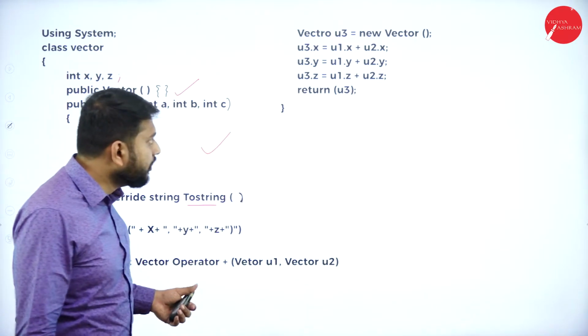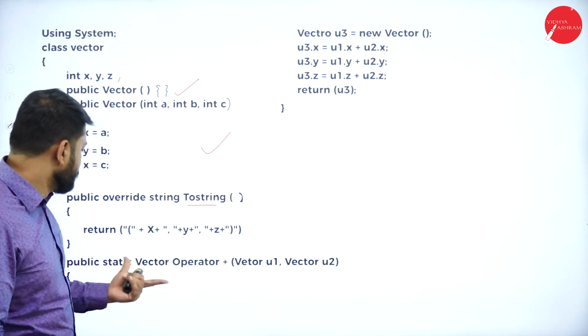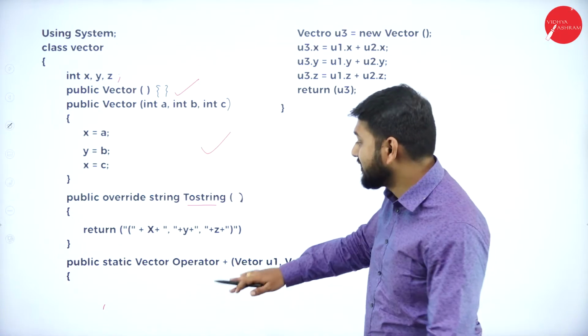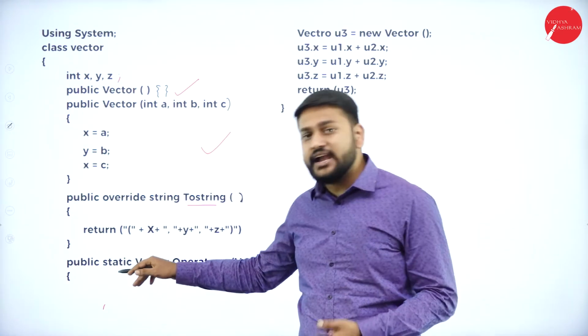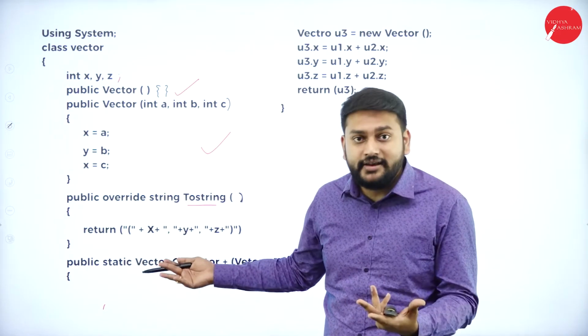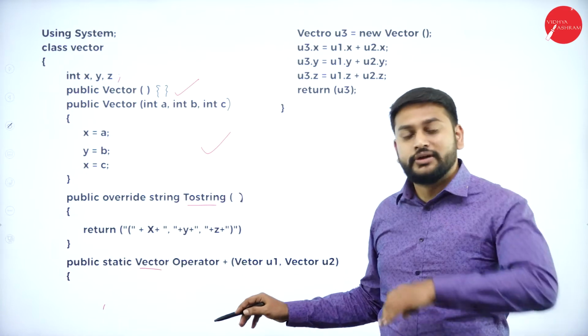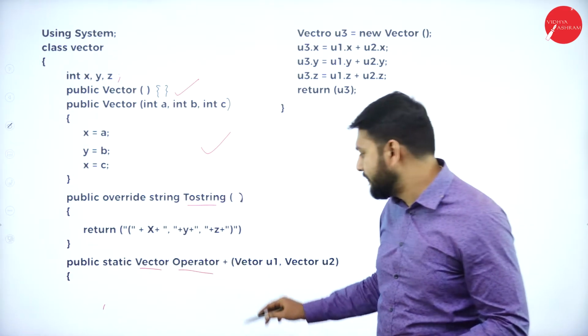Cool. Are we doing anything with respect to overloading here? No, we're not doing anything here. So after this, observe the operator overloading starts from here. So guys, public static is a keyword which is mandatory if I'm using operator overloading, and then observe what type of value it is trying to return. So vector type, and I have to use the keyword operator and plus.